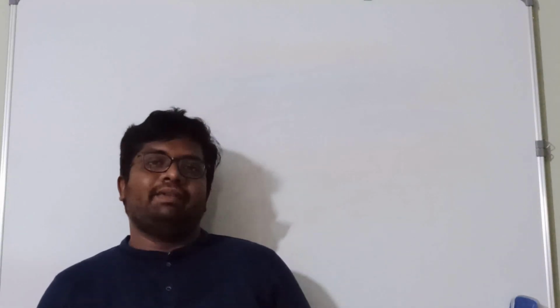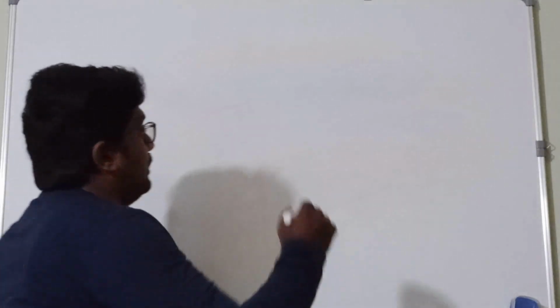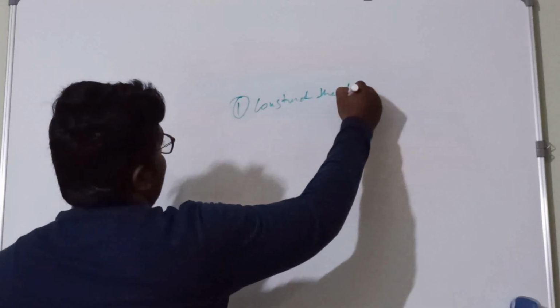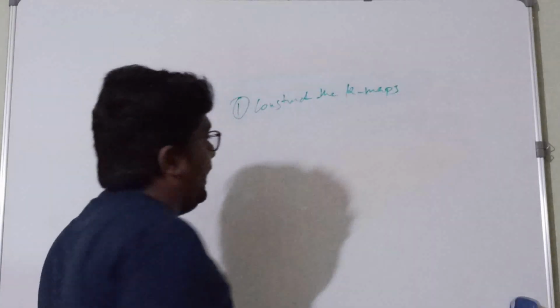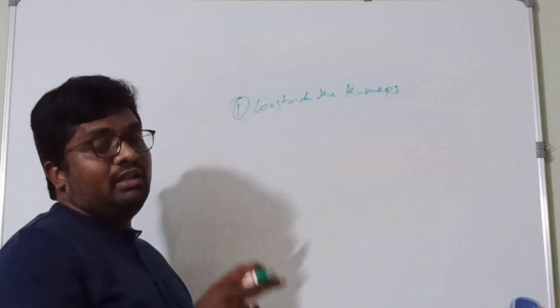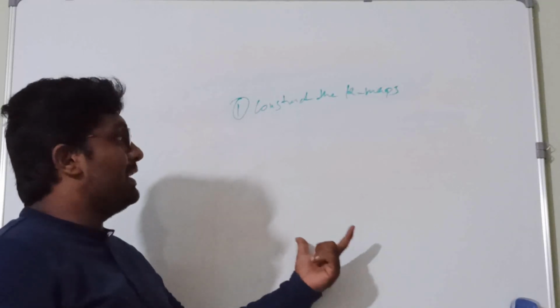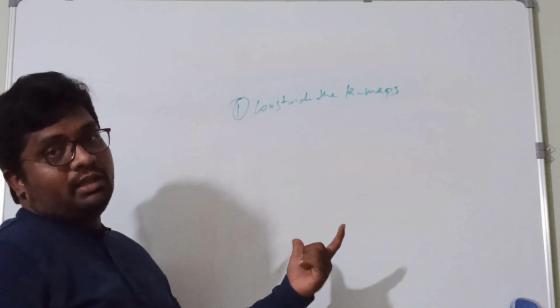So now let us see the Boolean algebraic expression minimization using a K map. How to convert or how to minimize a Boolean expression using a K map. Here we have some steps. The first one is that we need to construct the K map, that is, we need to construct the squares for the number of variables the given Boolean expression has.